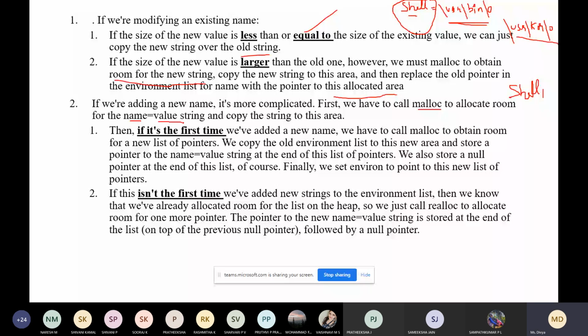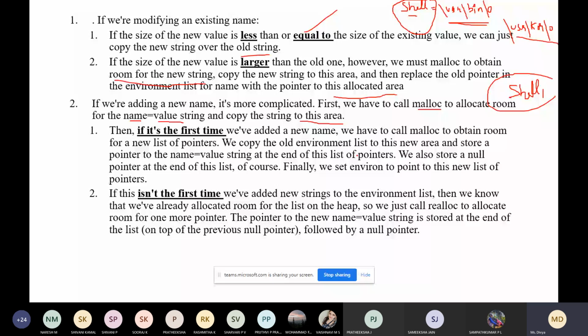Now if you are adding this shell1 environmental variable for the first time, then we have to call the malloc function to allocate a room for the new pointer. Then we copy the old environmental list to this new area and store this name and value pair in the new area, and terminate the null pointer at the end of the list.